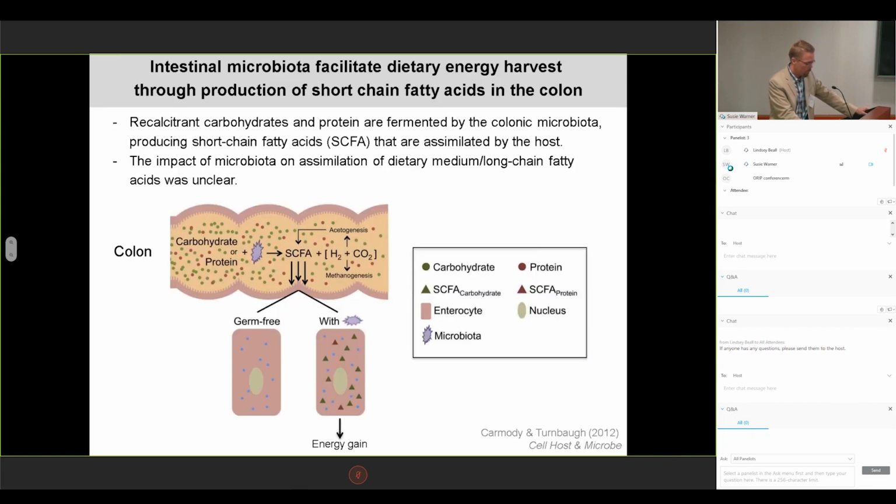So the next part of the talk that I want to present is looking at the other question: how does the microbiome affect nutritional physiology? We were interested in how the microbiome might affect the assimilation of dietary nutrients. Most of the conversation in this field over the years has been driven by interest in mammals, and how gut microbes can help liberate calories out of recalcitrant carbohydrates and make those nutrients available to the host in the form of short-chain fatty acids. This is indeed an important part of host-microbe symbiosis in the gut. But the impact of microbes on dietary fats really had not been well studied at that point.